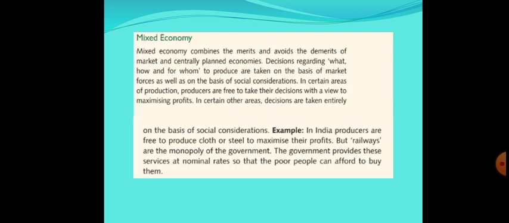In mixed economy, what to produce, how to produce, and for whom to produce will be collectively decided by the private sector and the government. It implies that every decision will be taken jointly by both the sectors. Private sector will decide on the basis of profit, while government will decide on the basis of social welfare. Every economic activity will be collectively decided by both the sectors.